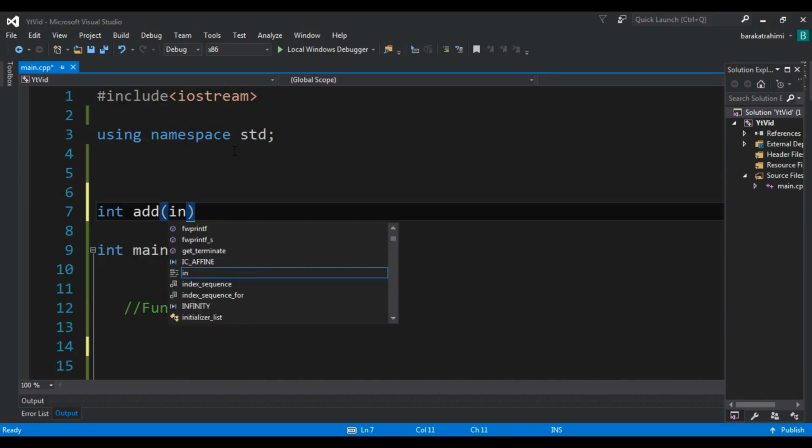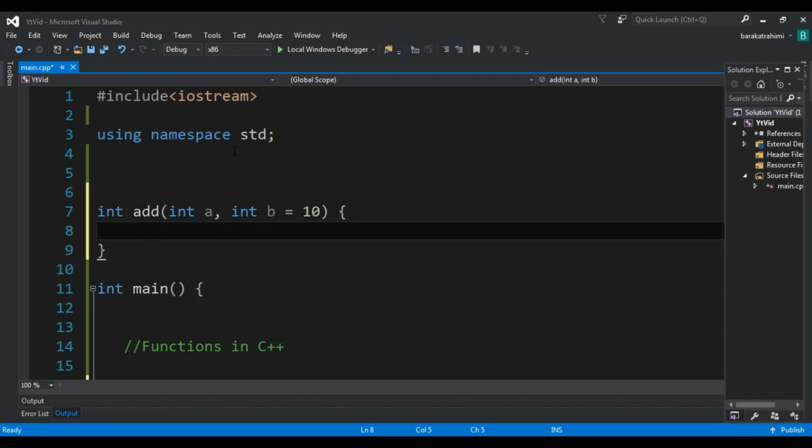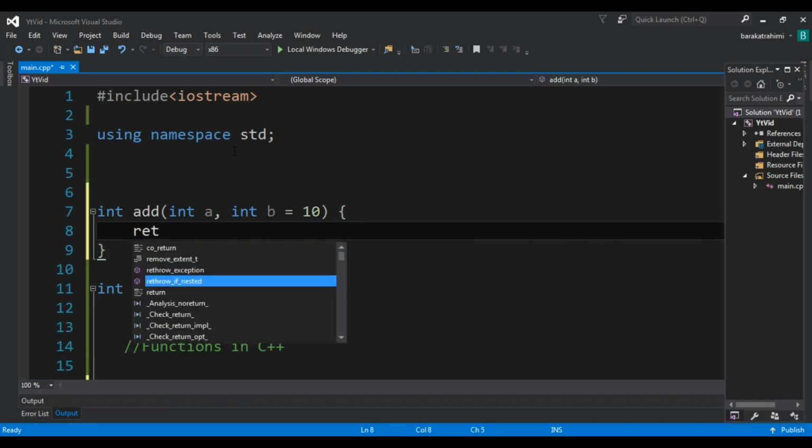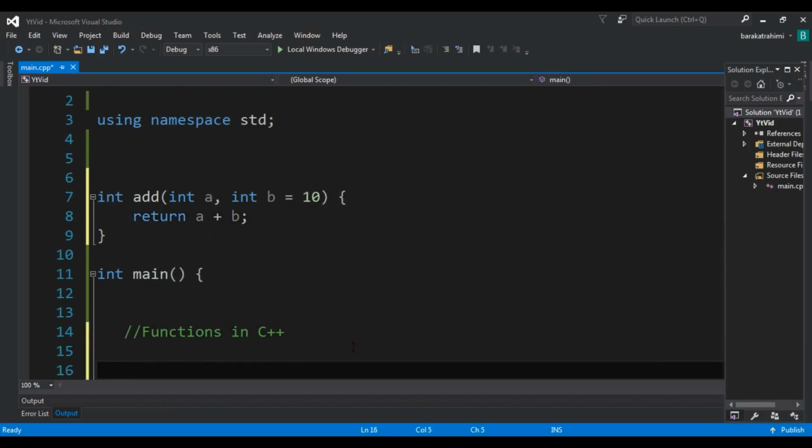So now I'm going to say int a, and for the int b I want to add a default value. For example, I want to add 10, and in here we are going to say return a plus b. And now in here if I call my function add,